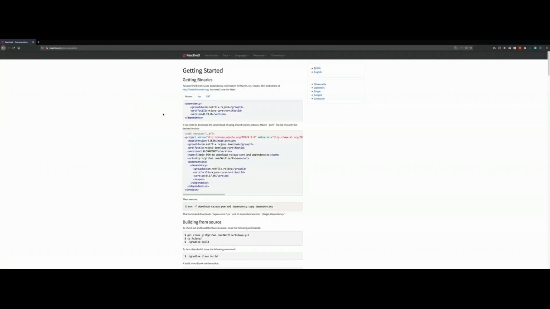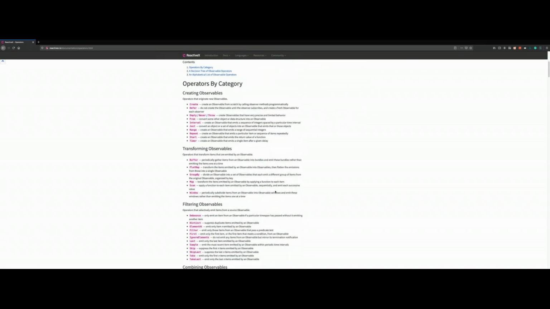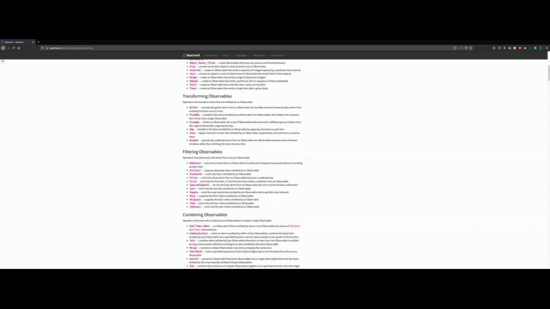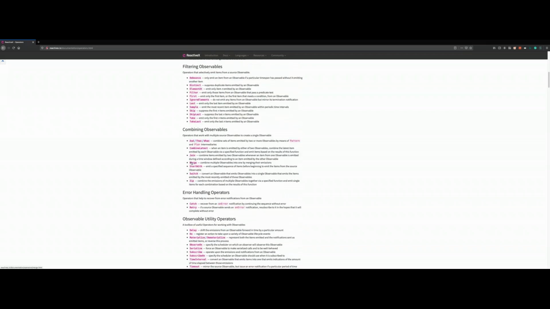So on reactivex.io, which is kind of the place to find all information as it relates to reactive extensions, there's a list of operators, and these operators are categorized, and you can do all sorts of stuff. Like I said, you can buffer, you can do distinct, you can do selects, you can check first, you can filter, you can ignore elements, you can combine latest, you can merge observables together, and then you can then expand